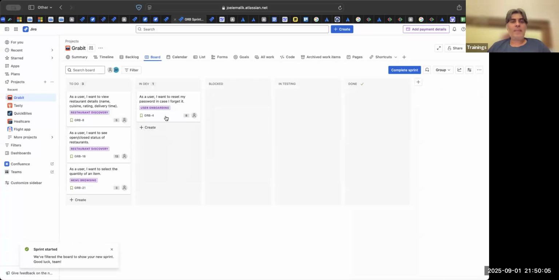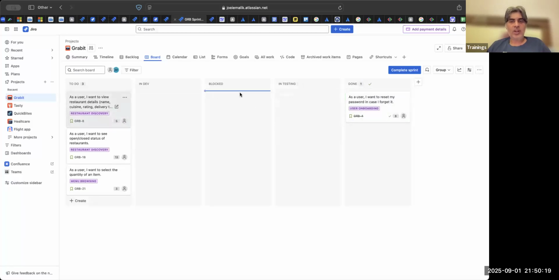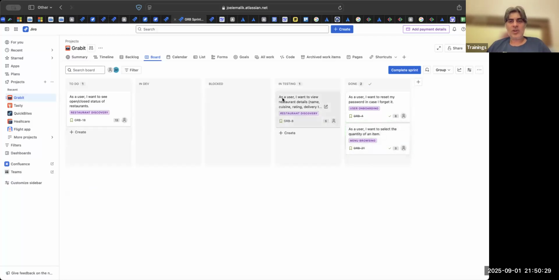Okay. Then again, this story, we got the API, it went to testing, there was a bug, briefly it went to blocked, then it went to done. Another story, this 5-pointer, got to testing, no problems. This 3-pointer got, so let us say all of this is happening. This story is also in testing. This story was in dev, then it got to testing, then it got a bug.